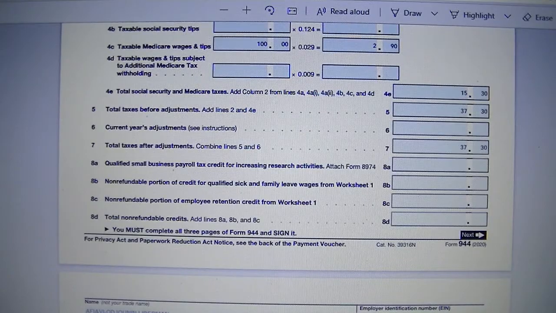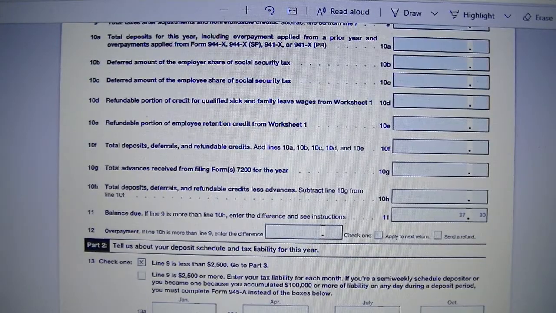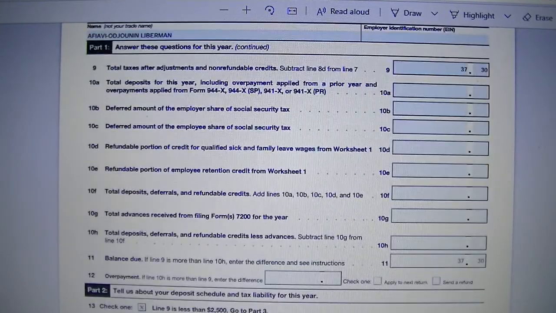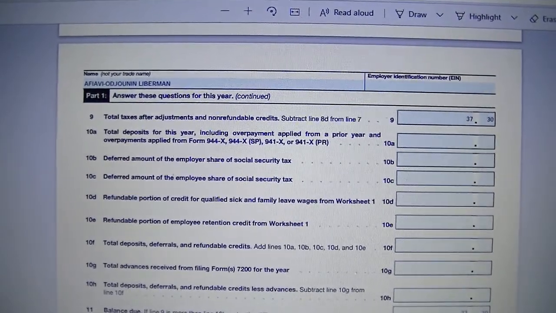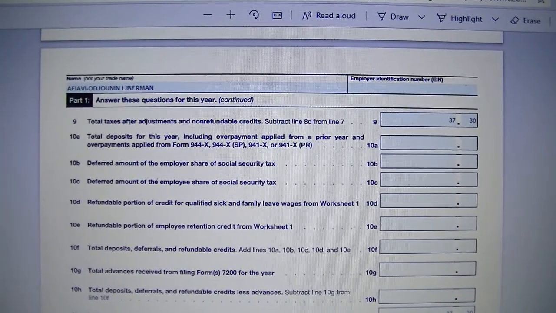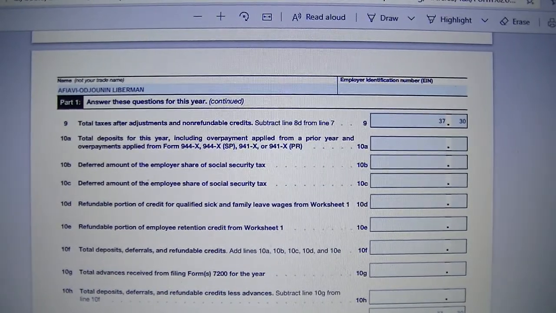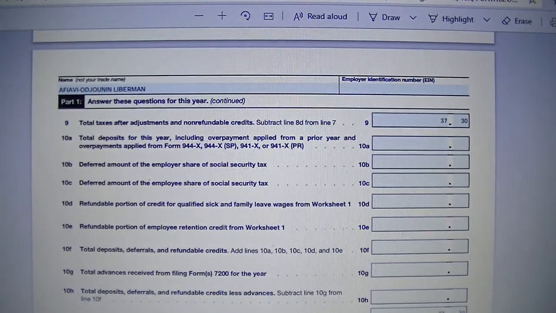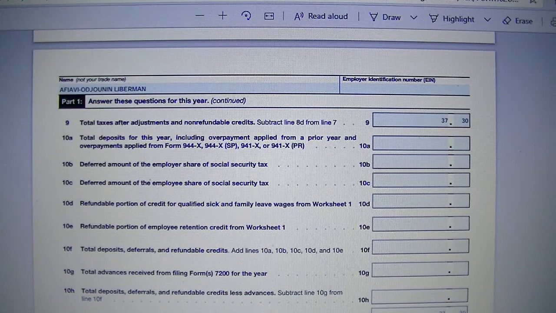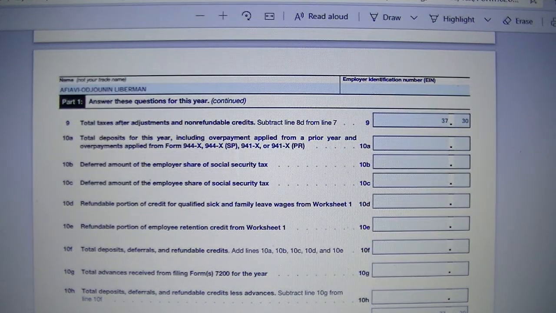lines 10 to 12. In the previous video, we said we would address lines 6 to 12, but we only addressed lines 6 to 9. So this one will continue. We'll address lines 10, 11, and 12 for Form 944